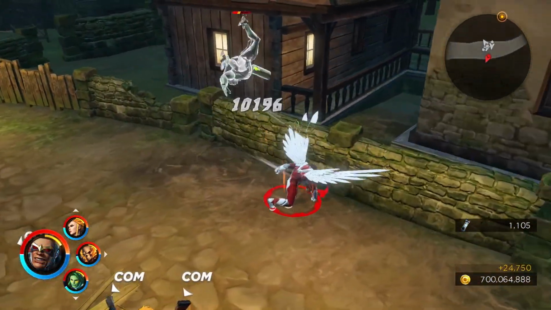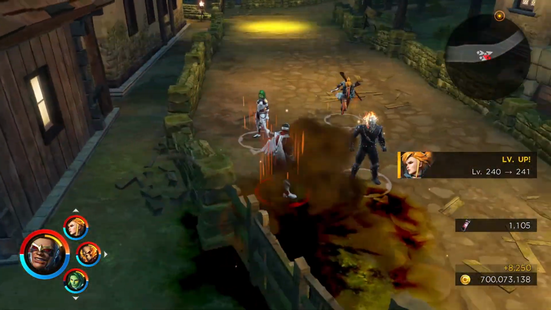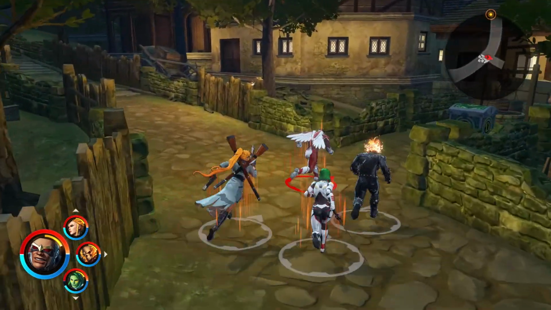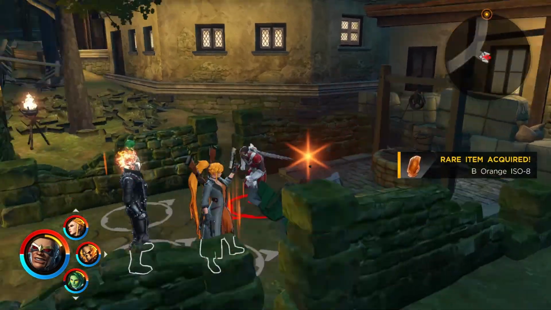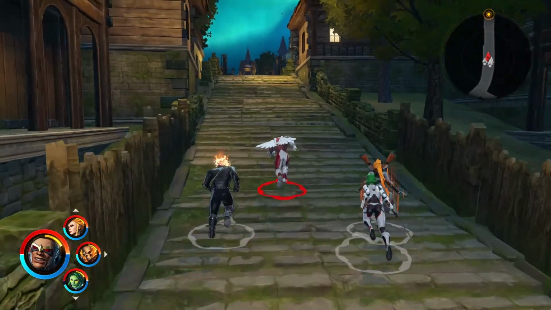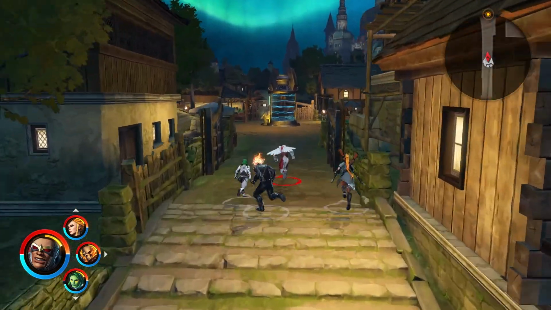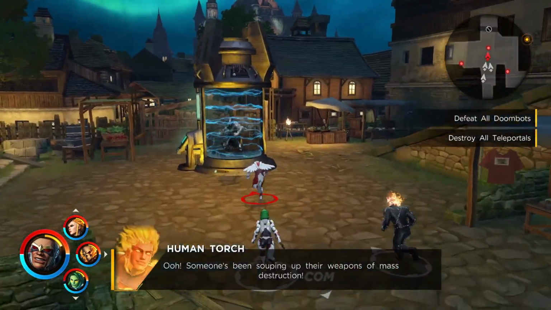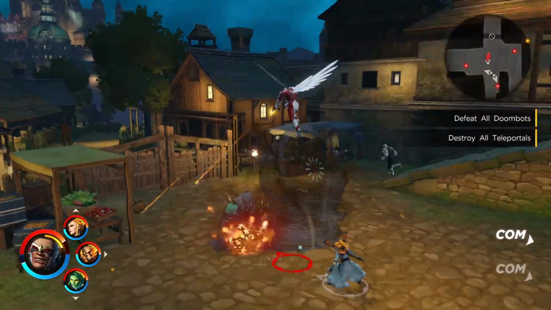Anywho, yeah, this is about the last of the story quests that we really need to go through. Over here on your right, there is a drop box that we'll need to bust open. Looks like there's some orange iso-8 within there. That might just be a generic reward for finding it, or it could have been the first time I opened that particular box. Who knows? The reason why you want to take note of where those boxes are and break them open is because there is